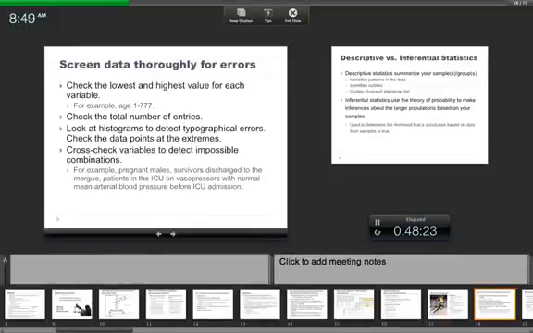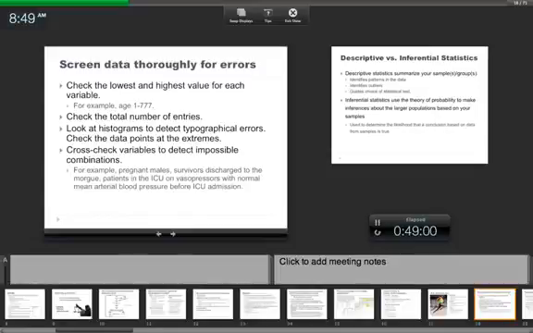For example, if for the variable age you see that the range is from 1 to 177, obviously that's wrong. How can you have a person that is 177 years old? Or if your data is coming from adults, can you have a 1-year-old adult? These are quick ways, by sorting data, to check the validity of the data